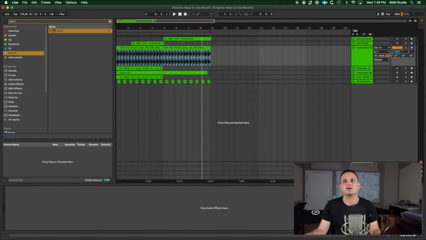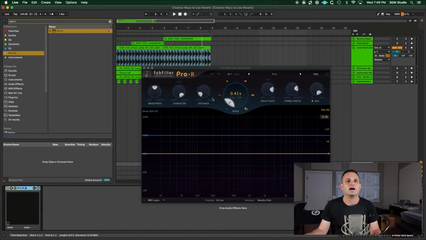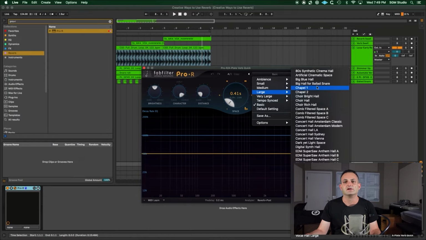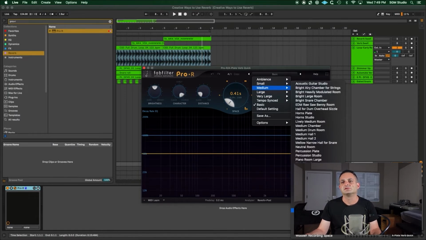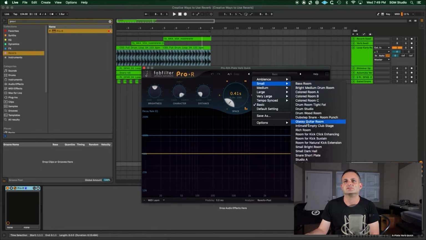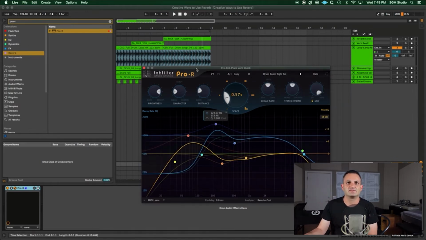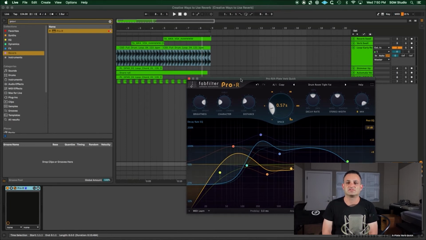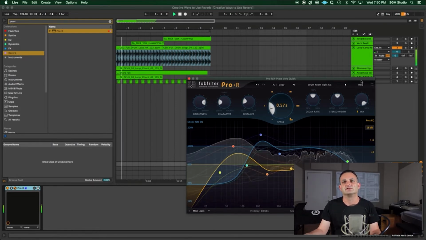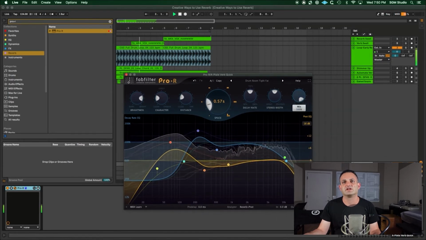And what I want to do is I'm going to send it off to this plate reverb here. And with this, I've got it here on a basic setting, but I'm going to go ahead and put on, let's pick this. It could be a drum plate or a vocal plate. Let's try this drum room tight fat. I like doing this with plate reverbs, and I definitely sometimes do this with top basses. I'll put a small plate reverb on, but I'm gonna try this drum room tight fat since I've got a drum loop. And the trick here is you wanna make sure, since I'm using a send and return,